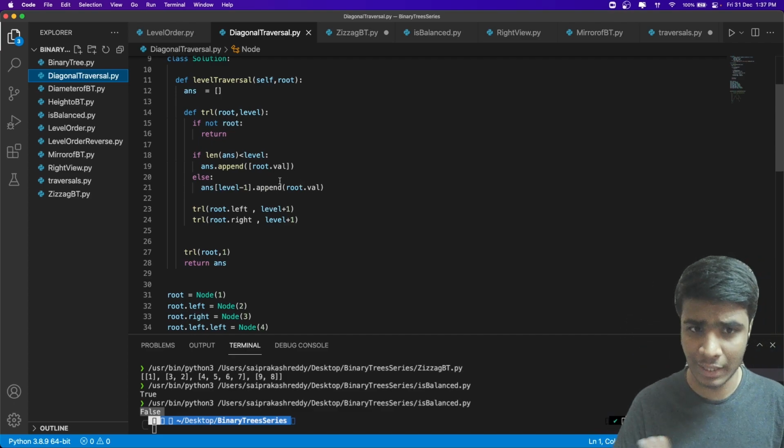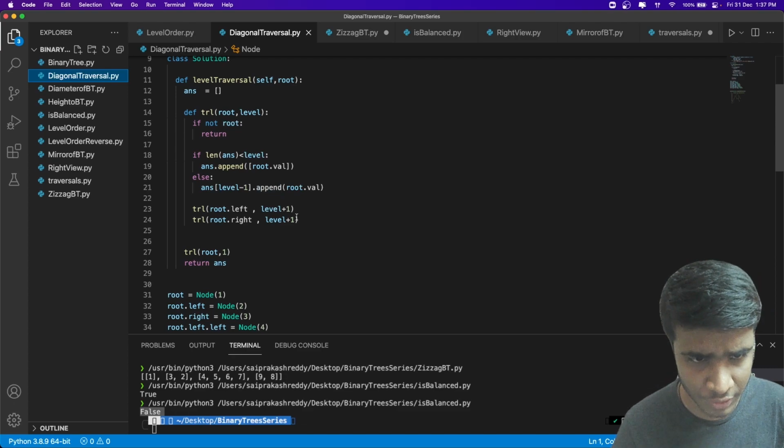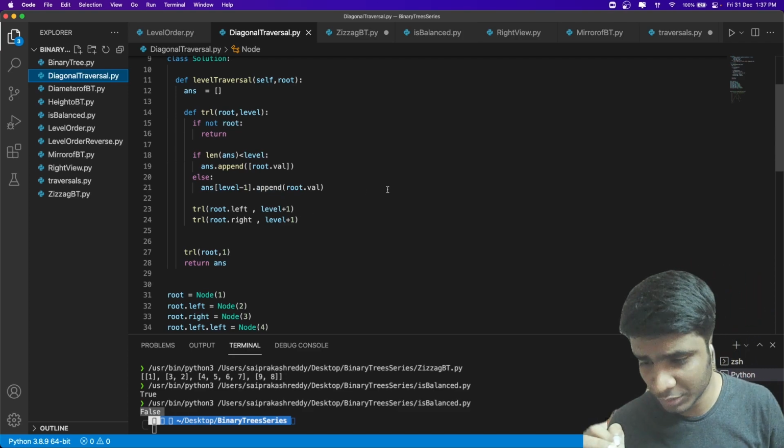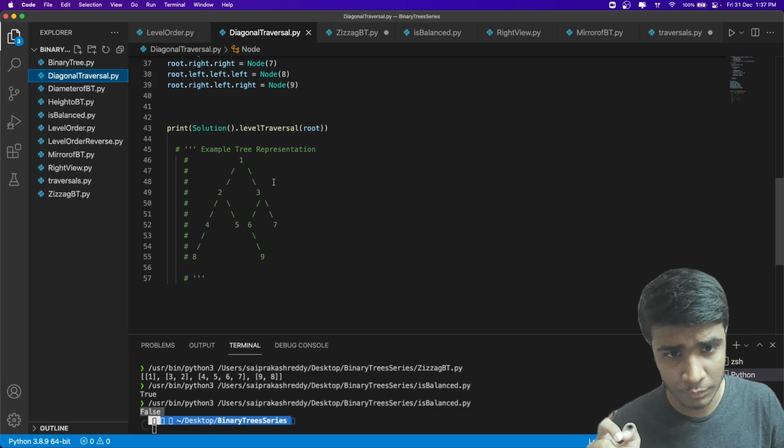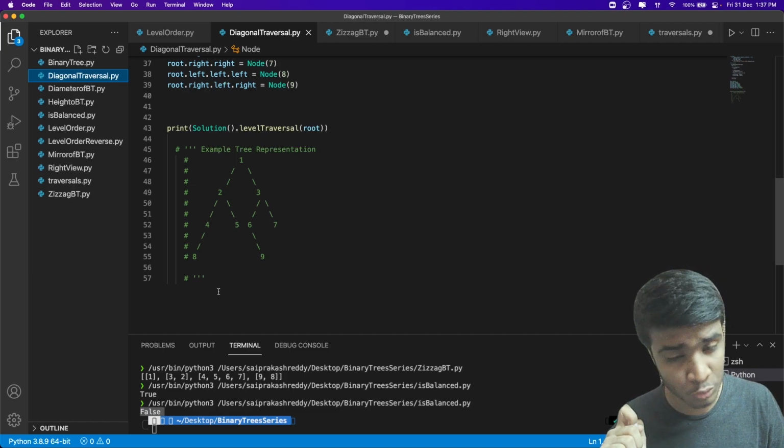I'll do it, and then I would again solve it from scratch, right? If you have not made the observation previously, if I am looking for the diagonal here, 1, 3, 7 would be in diagonal 1, right? And 2, 5, 6 are going to be in diagonal 2. And 4 would go in diagonal 3, 8 is going to be in diagonal 4, right?